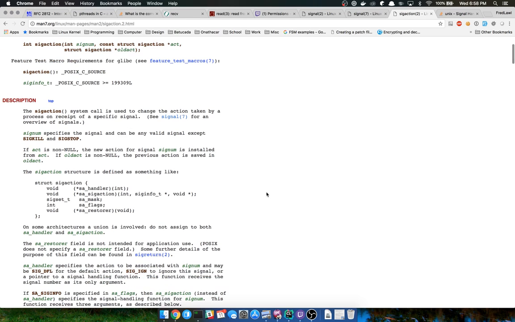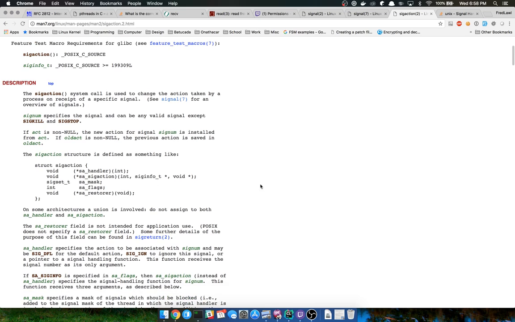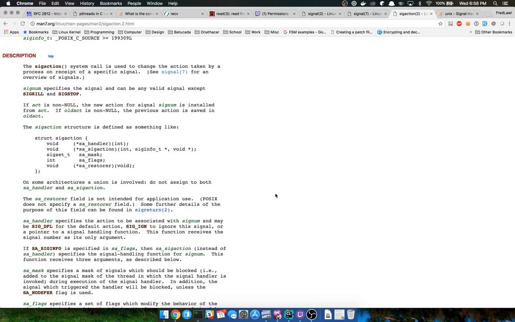Oh boy. Okay. A void function pointer passed in an int. Another one, except with an int and a siginfo pointer and a void pointer.